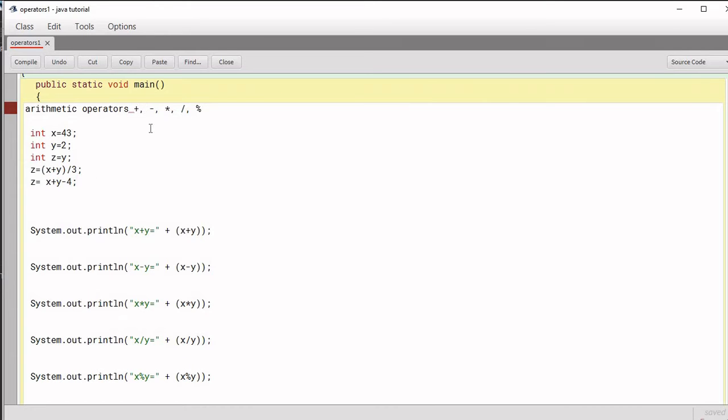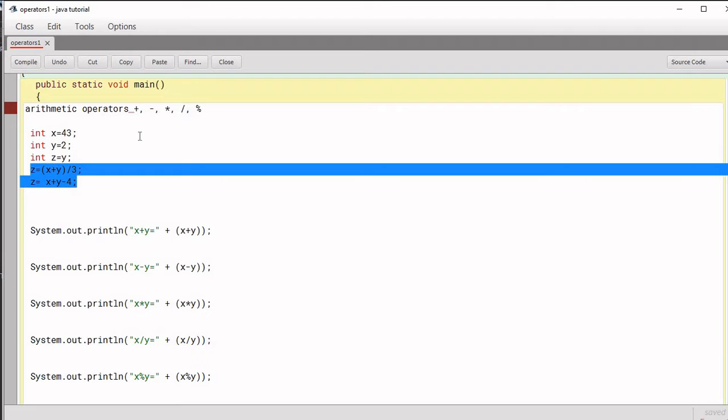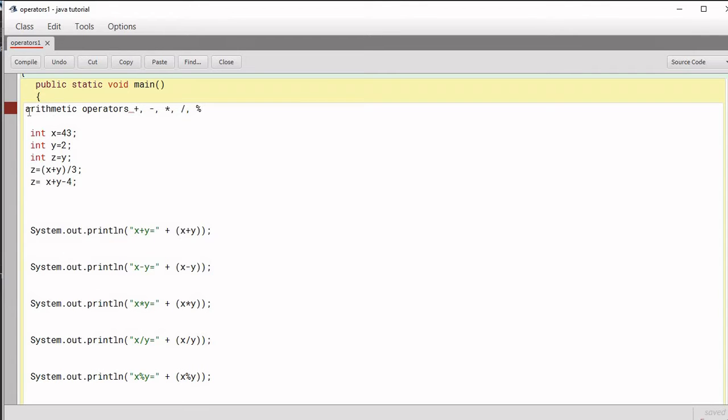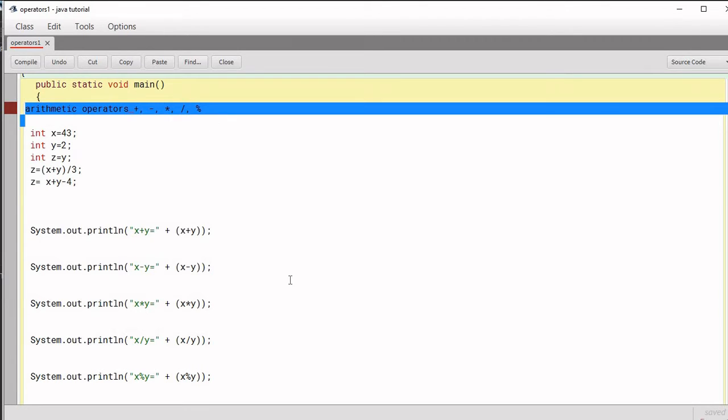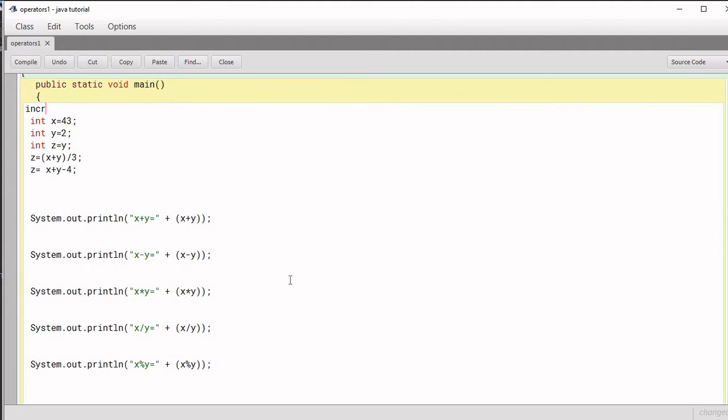The associativity rule for arithmetic operators is from left to right. So the operation will be performed from left to right. That means x plus y will be calculated and then 4 will be subtracted from the result. So these are operator precedence and associativity rules. Now next come the increment and decrement operators.